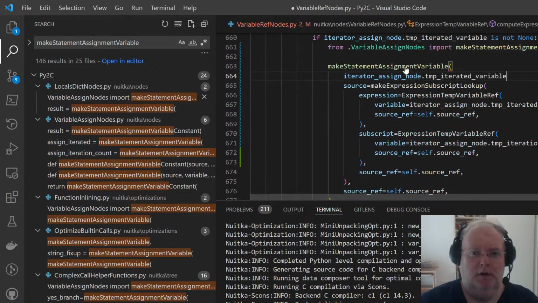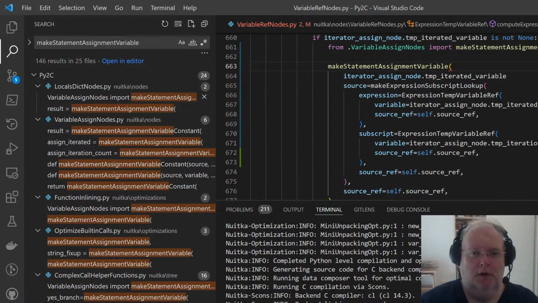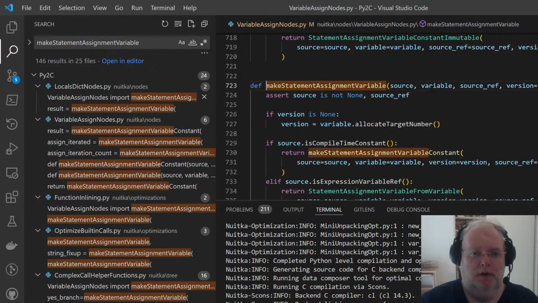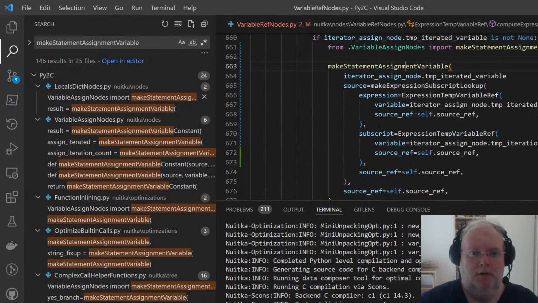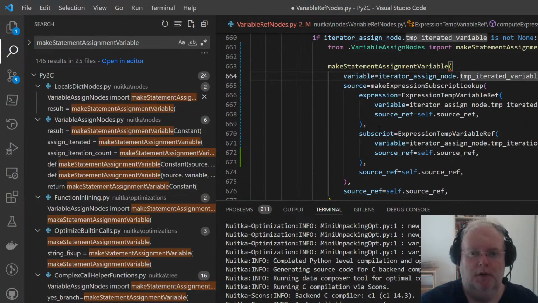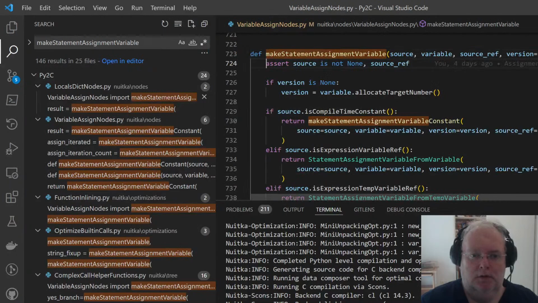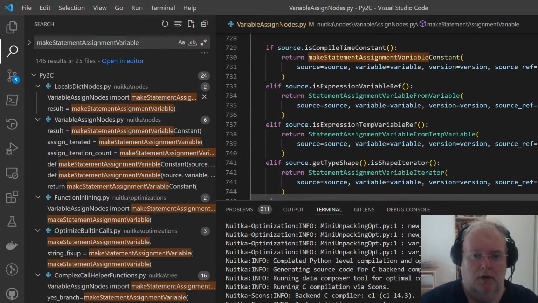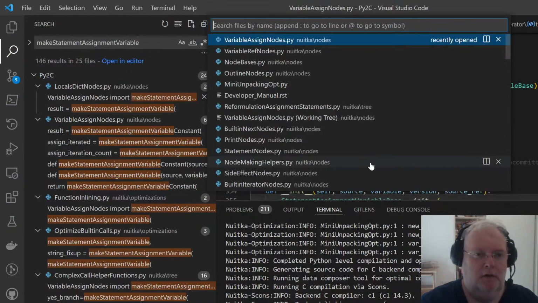Variable equals temp iterated next. Yeah, the iterator variable has this iteration next variable.